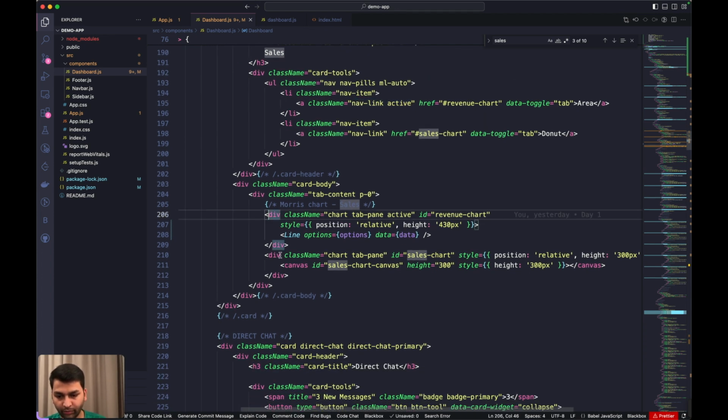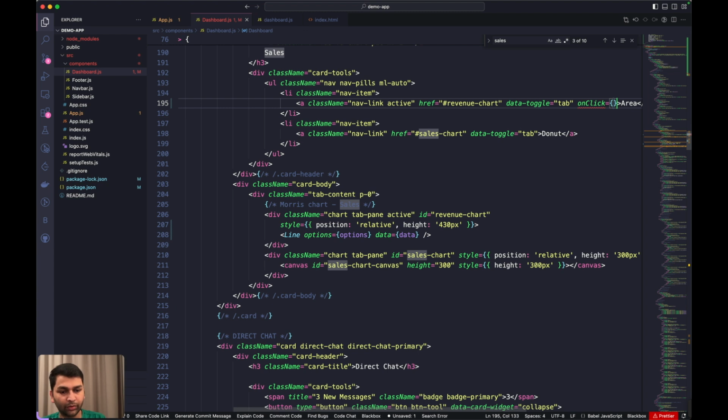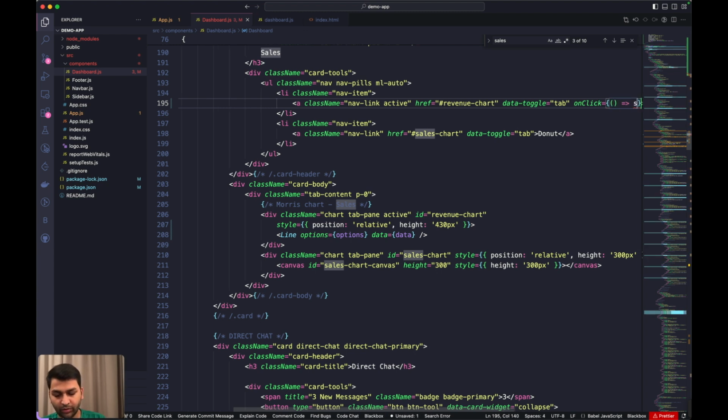All right, so we have two over here. This one is active. First we will add the onClick event. onClick equals to onClick setSalesChart to